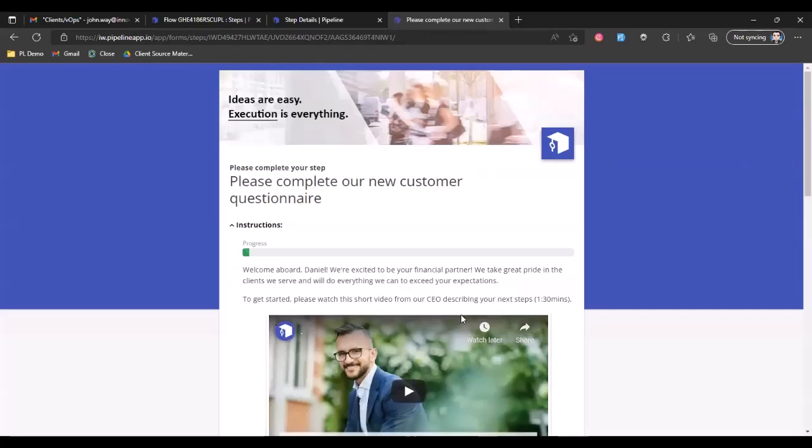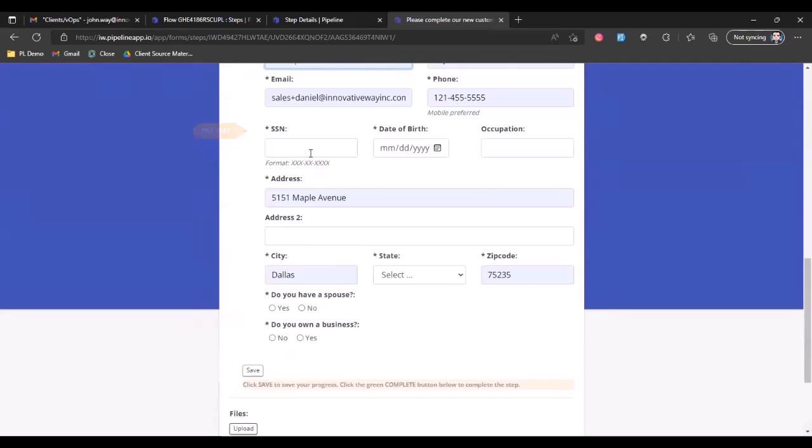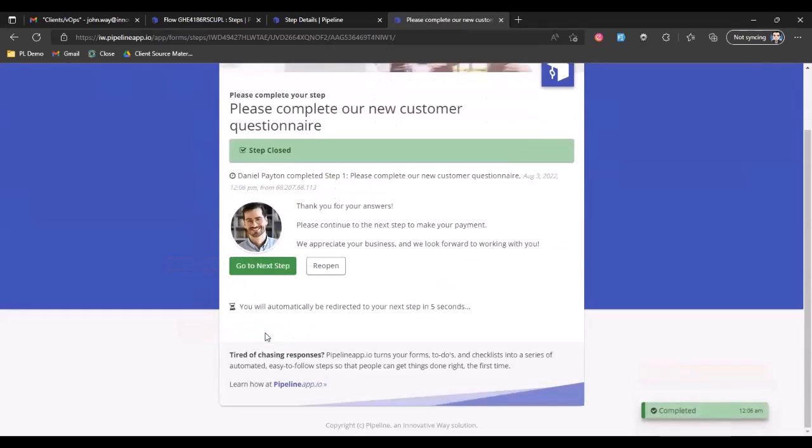So here's an example of an onboard new customer process. And obviously onboarding a new customer starts with a customer questionnaire or a data request of some kind. So let me go ahead and put this in. So I'm going to go ahead and fill out some initial questionnaire, date of birth. I'm going to say I do not have a spouse and I do not own a business. Now, once I click complete,